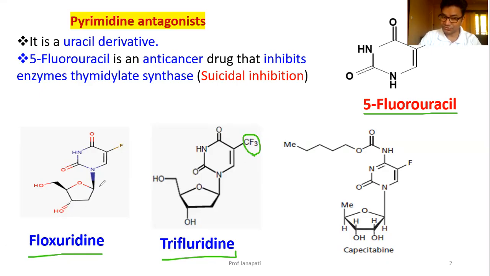Floxuridine, you see there is a sugar molecule here. There is no sugar molecule in 5-fluorouracil. Otherwise, same to same. Uridine nucleus, ribose sugar is present. Uracil plus ribose sugar is called uridine. As it contains fluorine, we are calling it floxuridine. Now, this is a new drug,